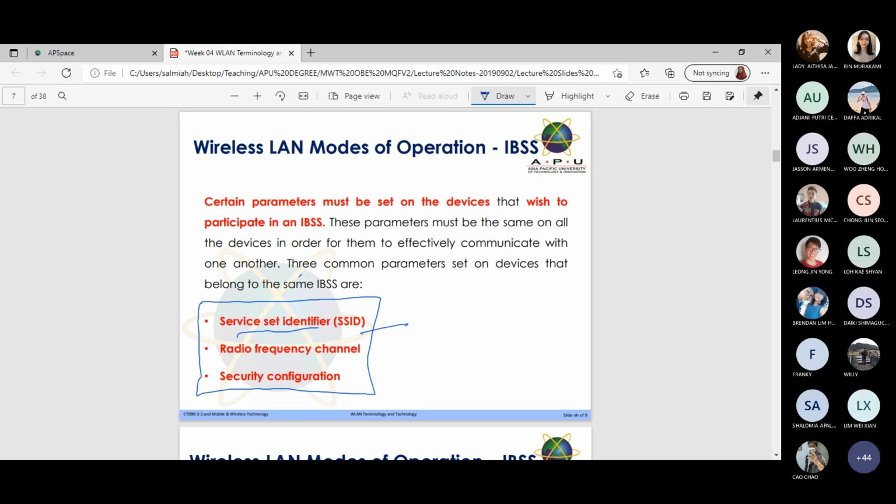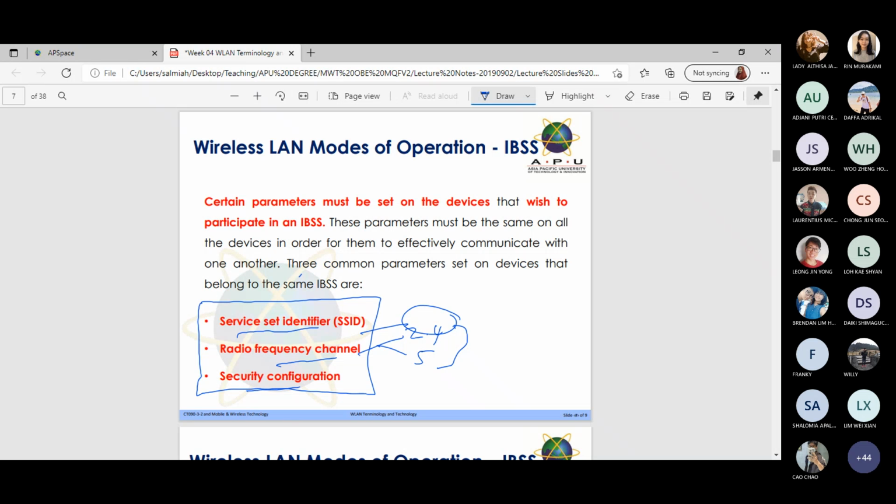Normally you have an SSID for 2.4 gigahertz. You also have a different SSID for 5 gigahertz. So whichever one you connect to, you can switch, right? That's what I mean by service set identifier. It is the identifier or the name of the Wi-Fi, or the name of the wireless LAN that you need to connect to. Then the next one, of course, is radio frequency channel. If you are connecting to your home Wi-Fi, it can be 2.4 and even 5. In APU also we have these two, right? Even if you're using Bluetooth, that is 2.4 frequency.